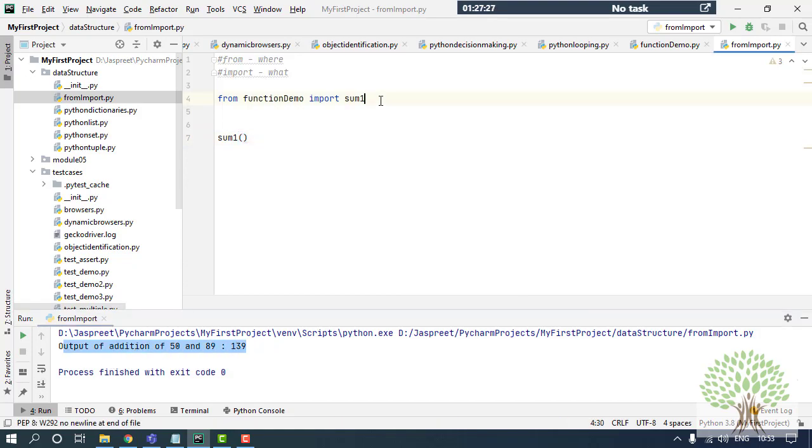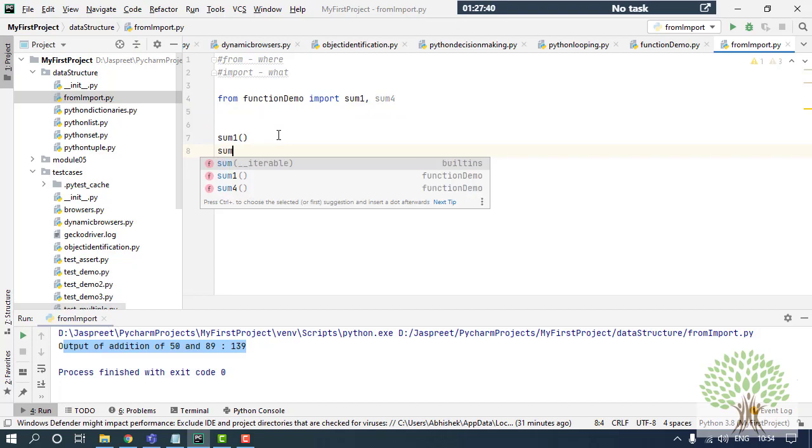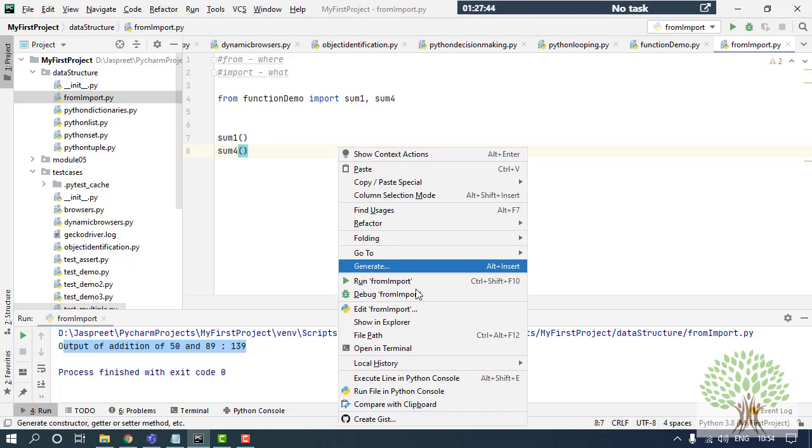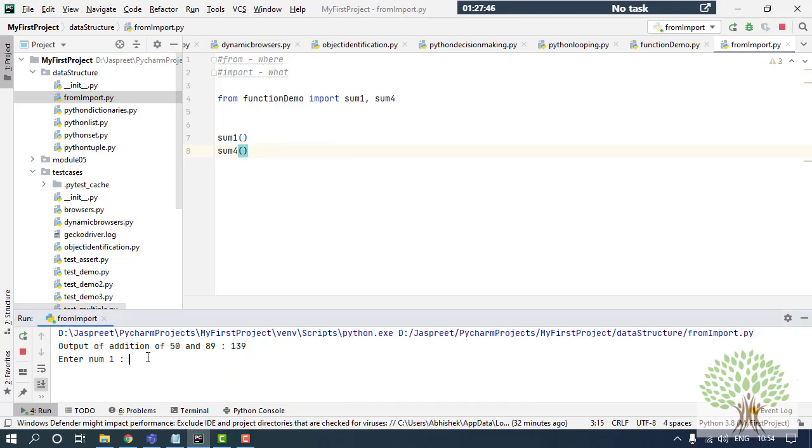The same way I can also import other functions from this particular functions demo module into my from import module. Let's say I want to import the sum4 function. So I'll call it directly. So I'll save this and I'll run this. Now the output of the sum1 function is already coming. I am running the second one.